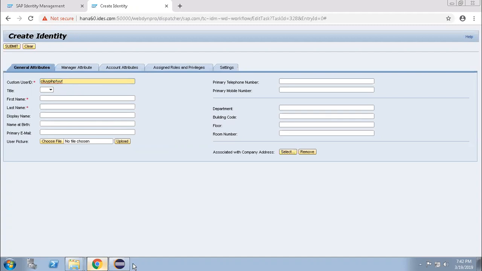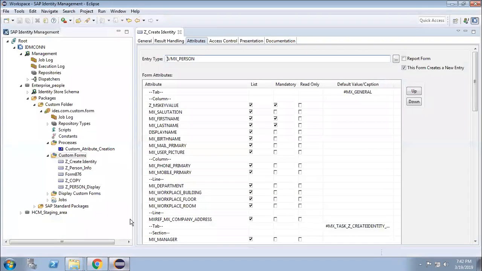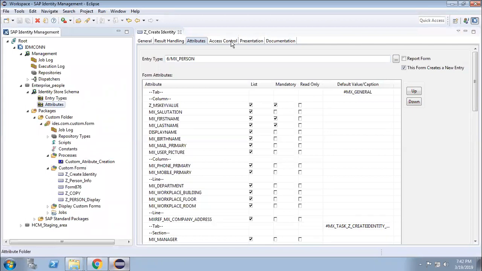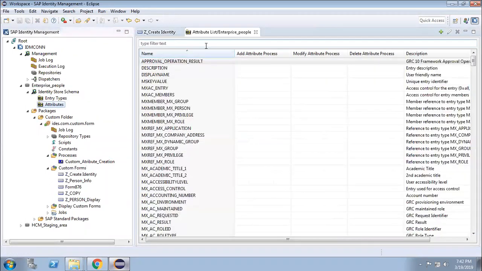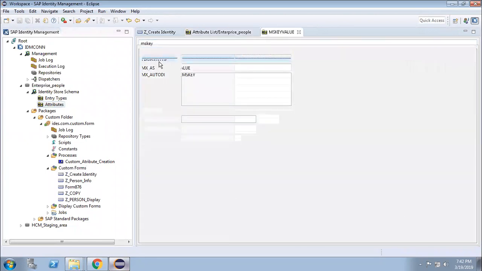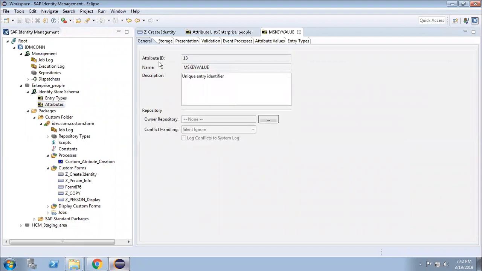So what is the attribute of the user ID? The attribute of that user ID is the MSKVALUE, right? MSKVALUE is the user ID or the unique identifier of anything.